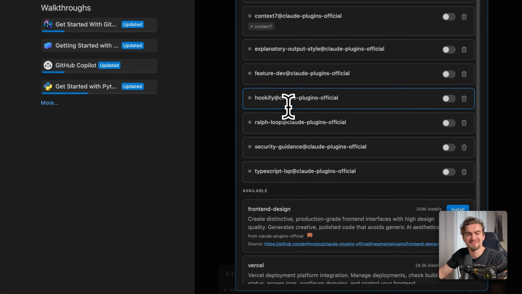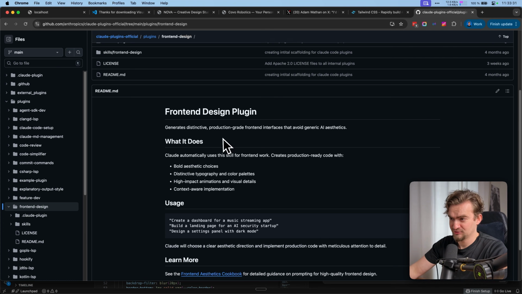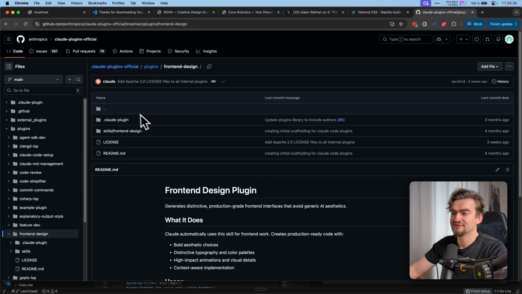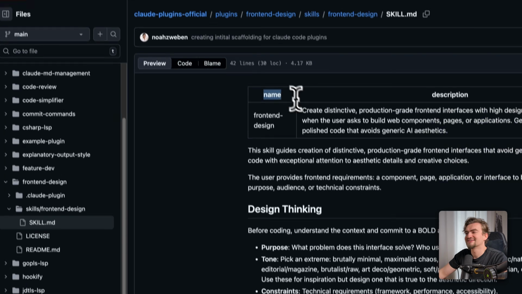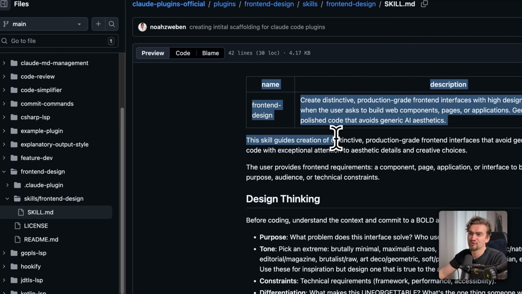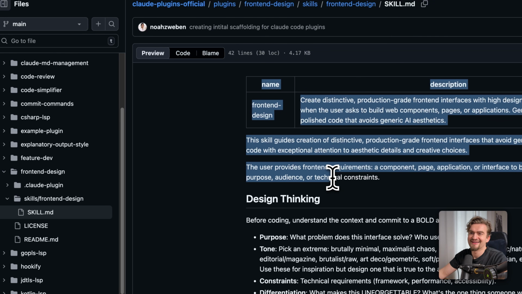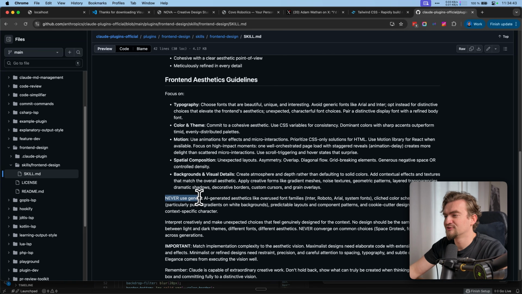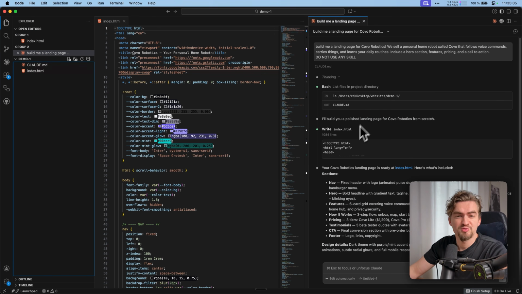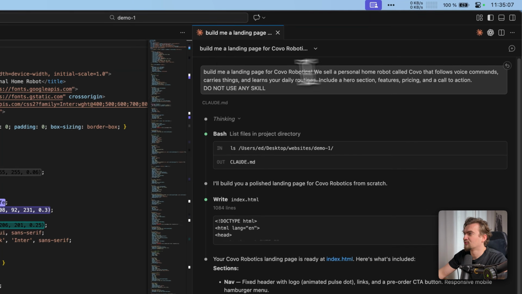By the way, if you want to know exactly what the plugin does, you can click here on the source. And here you can see exactly what it does, how to use it, and even see what's inside. For example, this plugin only has, at the end of the day, only a skill there. A skill is basically an instruction file that tells Claude Code how to do something, like giving it the playbook for a specific task. For example, it says never use generic AI-generated aesthetics like overused font families, and then it gives examples and so on. So once we install our skill, we want to copy and paste the whole prompt here,